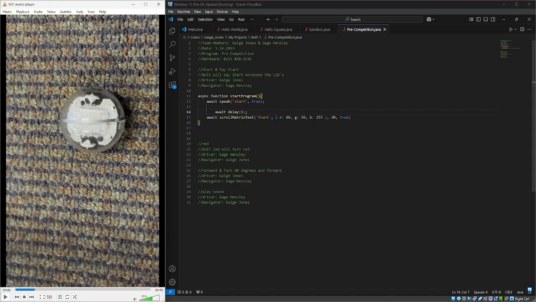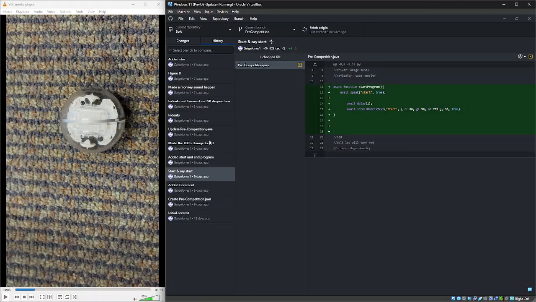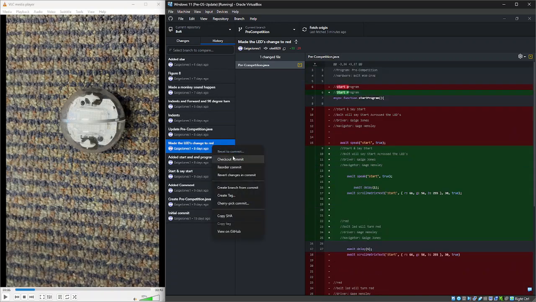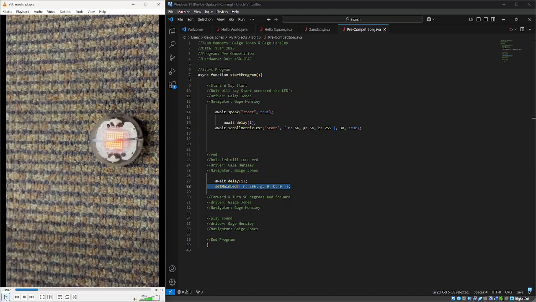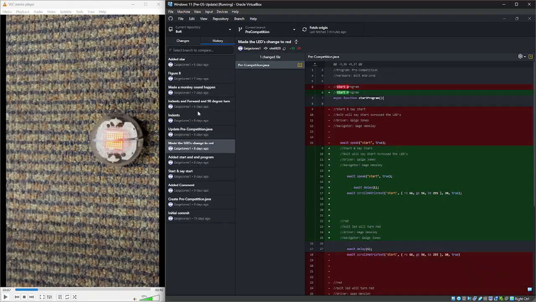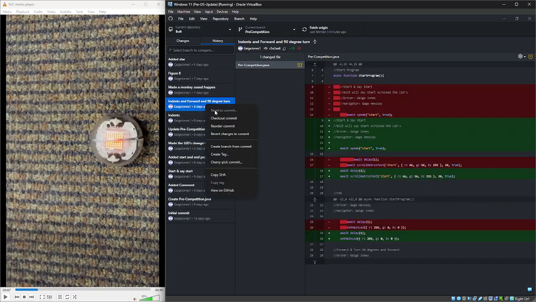And now that it has said start, it will turn the LEDs red, because when we do this we'll go back to pre-competition and we can see right here is all of the code. And when we check it out and we go over here, you can see now it'll set the main LED to red, and after a second and when we play we can see that it does turn it red, and now it's going to go forward and turn 90 degrees, as you can see right here. And when we check that out,